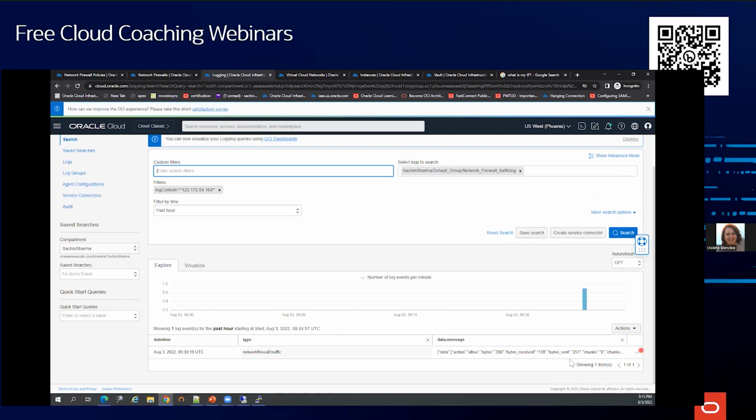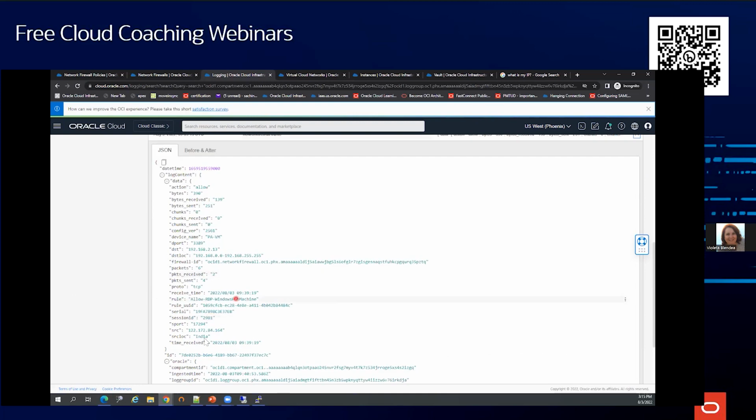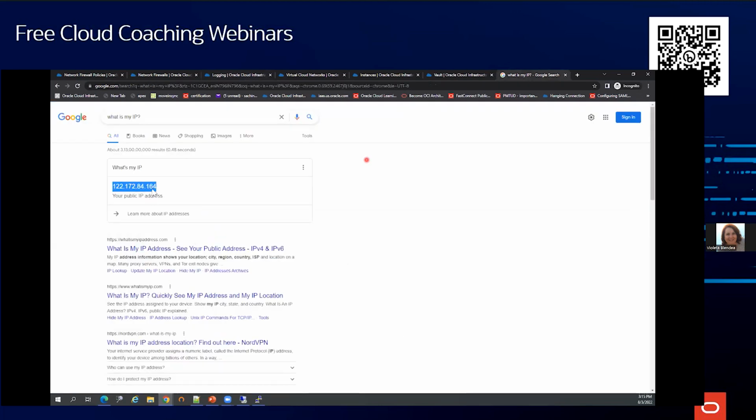Let us see what I can see in my IP logging. Okay, so in this log, the source IP is 122.172.84.164. That is my IP.